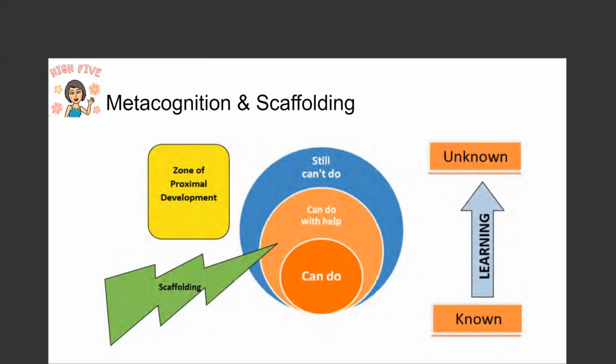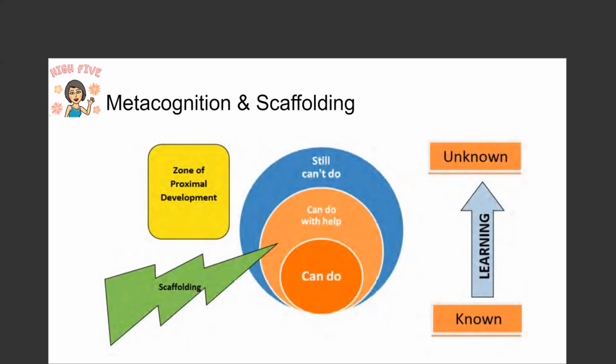But then there are some things that we can do, but we really need some help. And that's where the scaffolding of the classroom comes into play. That's where you as the teacher come into play in facilitating that learning. And helping students move from what they can do to add on some more language skills. And so they can do it with help. And that's what's in their zone of proximal development. That's that I+1 that we know about with language acquisition. This is where students are really working and gaining language skills. And then there are these things out here that they still can't do that are just beyond the learner's reach.